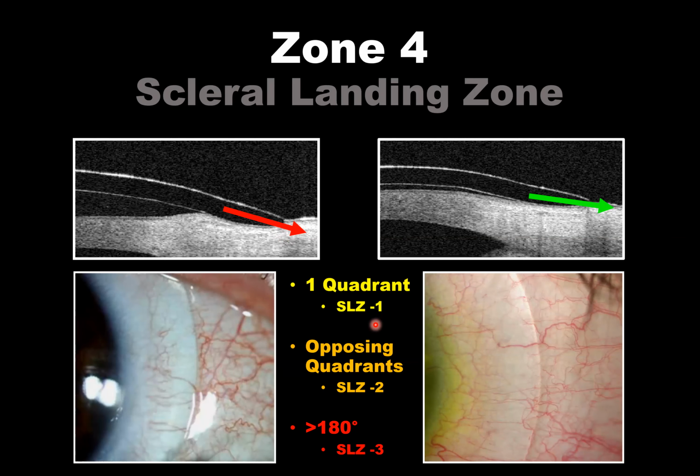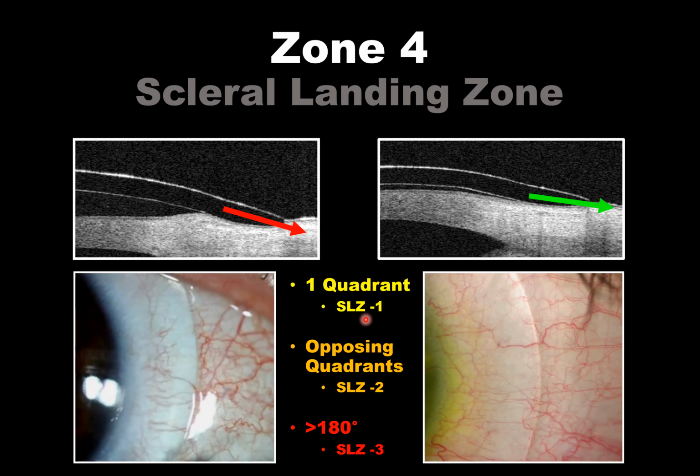If you had opposing points of conjunctival blanching, if the lens appeared tight on opposing sides, you're going to order scleral landing zone -2. If you have greater than 180 degrees of this blanching or a tight edge relationship, you're going to order scleral landing zone -3. So of course you understand, if I order a scleral landing zone -1, I'm decreasing sagittal depth